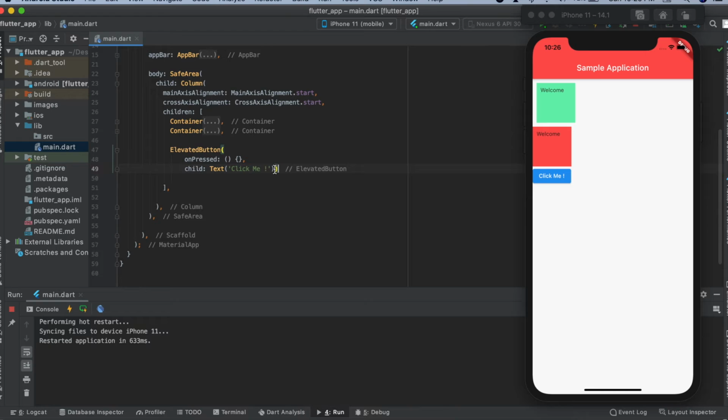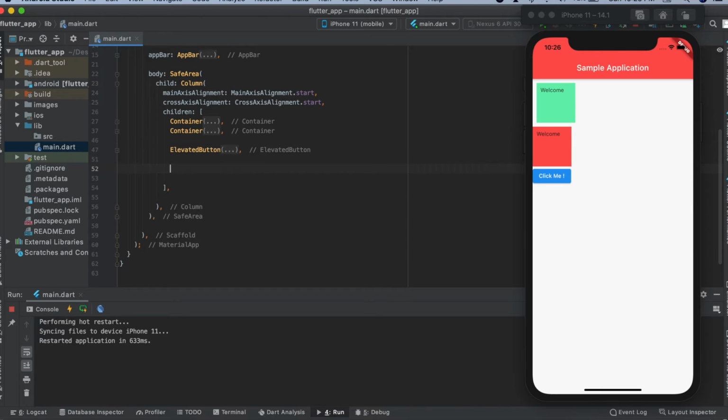Then we have one more thing in this, such as your style. I can give any style to it. You can just go through this style, and you can change the style also. Then I'll just close it.